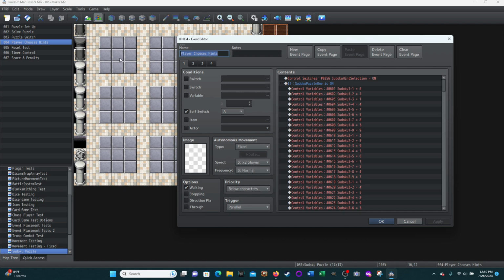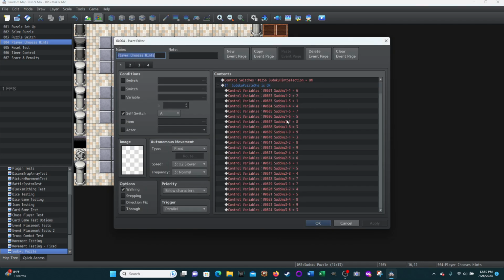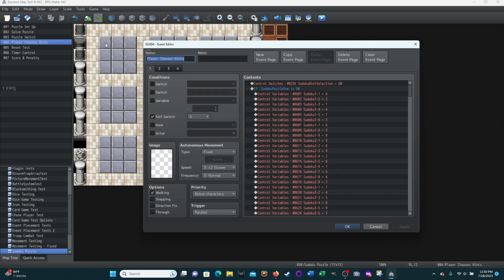And then the player can choose their own hints, and whichever of these isn't a hint gets zeroed out, and then the player proceeds. Here's an idea to think about. I don't know why I didn't think of this before. I really think I want to try this. You could make it where instead of having these values predetermined, so that when the player clicks on it, this is always going to be a 6, and if the player clicks on this, it's always going to be a 2,